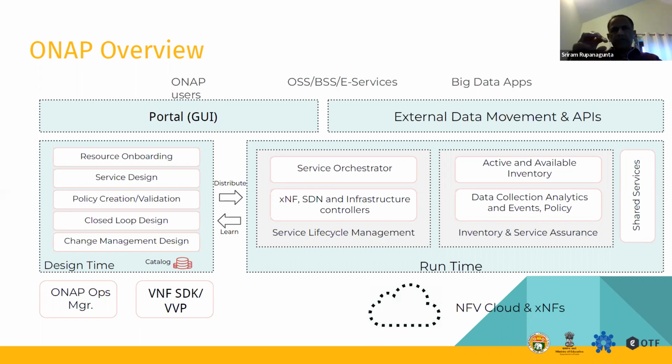And the important part is that there's something called a catalog, where you can create all these models and store them. The advantage of that is that it becomes reusable. Let's say you create a model and you push it to the catalog, and another developer or another user wants to use something similar, they can just use that, as long as you publish it as an open item. So that is the advantage of this model-driven architecture.